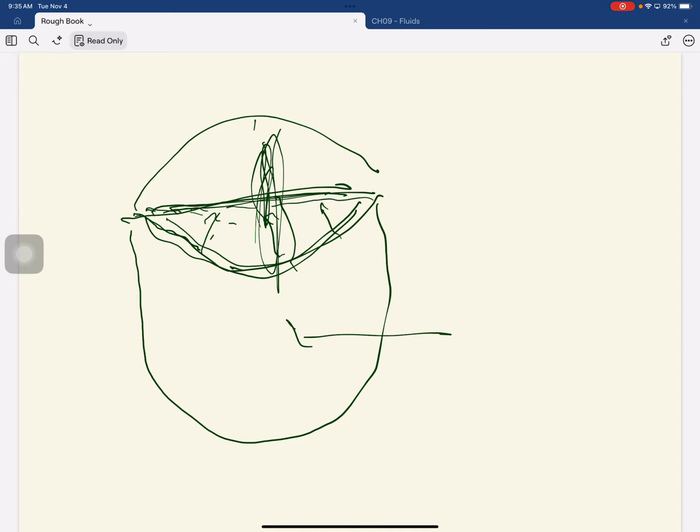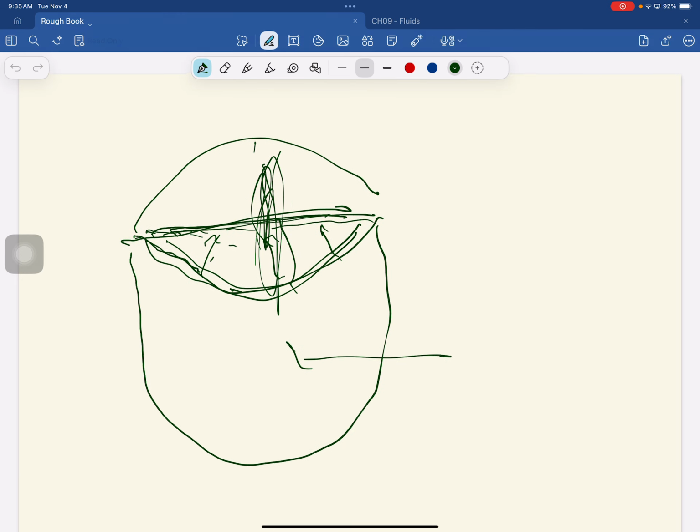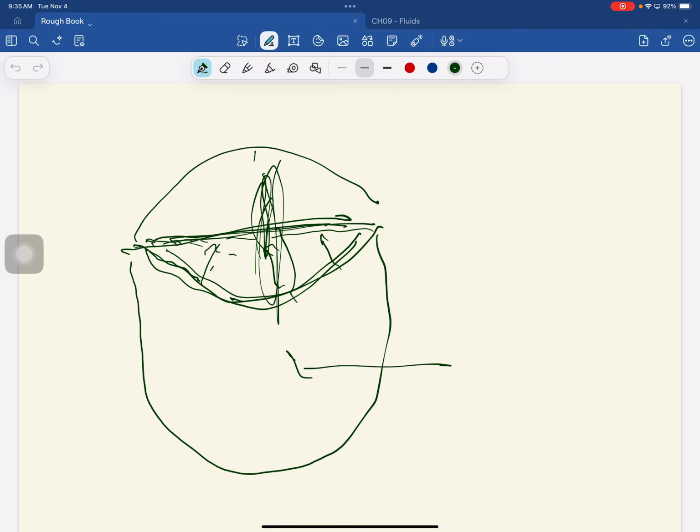In the corner, it says you're on the read only setting. I'm sorry? In the left-hand corner, the read only. Mm-hmm. Maybe if you change that, it'll let you. Oh, there you go. Thank you. All right. So,